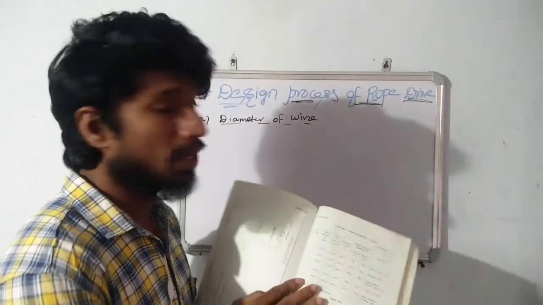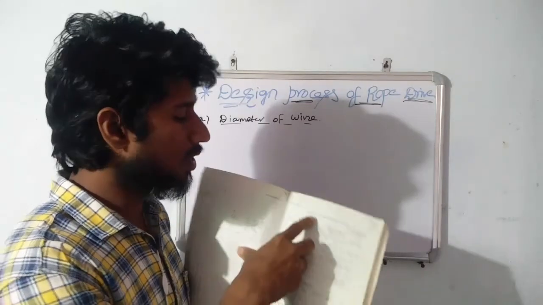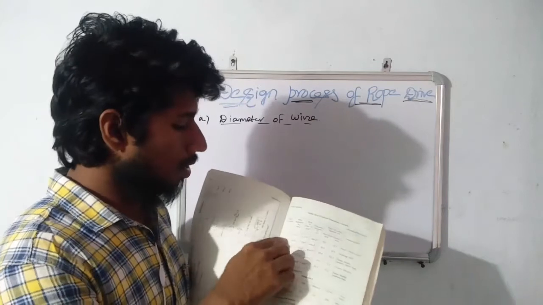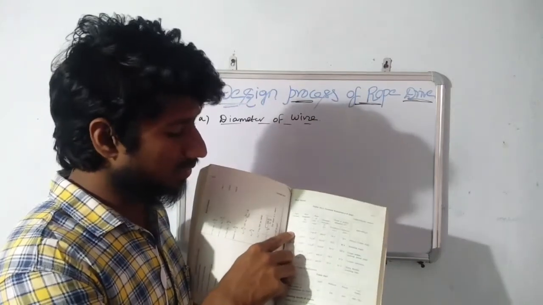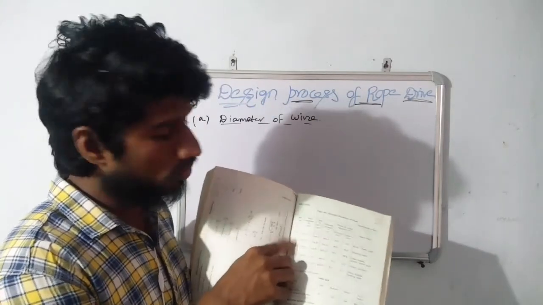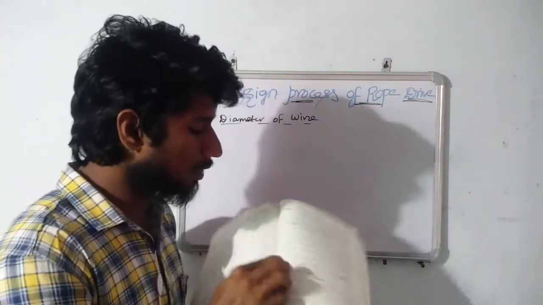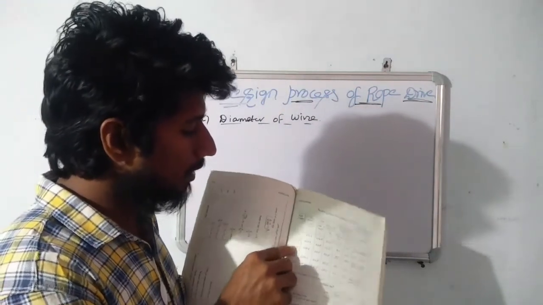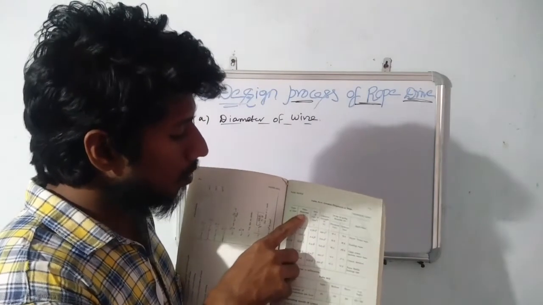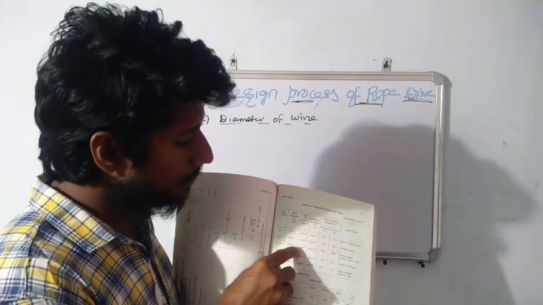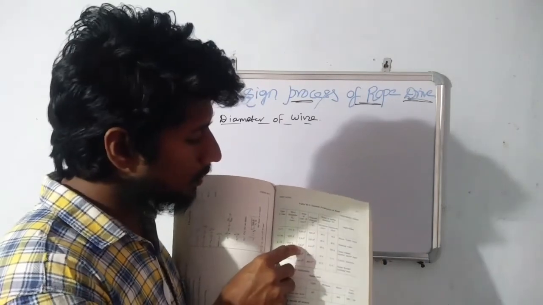So the same table we had discussed previously, table number 24, using the general properties table. Based on the applications, in case of 6 into 7 or in case of 6 into 19, whatever. So given the application, select the suitable rope wire for that. And in this condition, find out the diameter of the rope wire here, as well as the area of the rope.